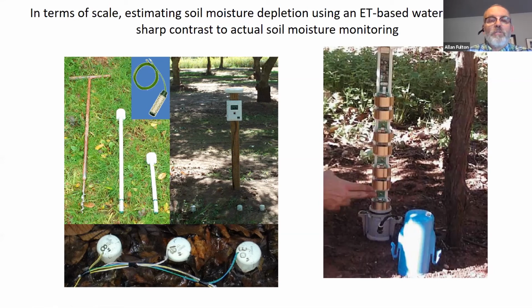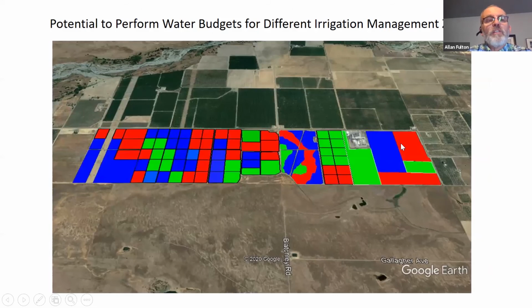So the idea with a water budget is that we can estimate soil moisture depletion with an ET-based water budget with the bigger picture of the whole orchard in mind, and use it to help verify that we're getting good representation of soil moisture sensors. To carry this thought a little bit further,